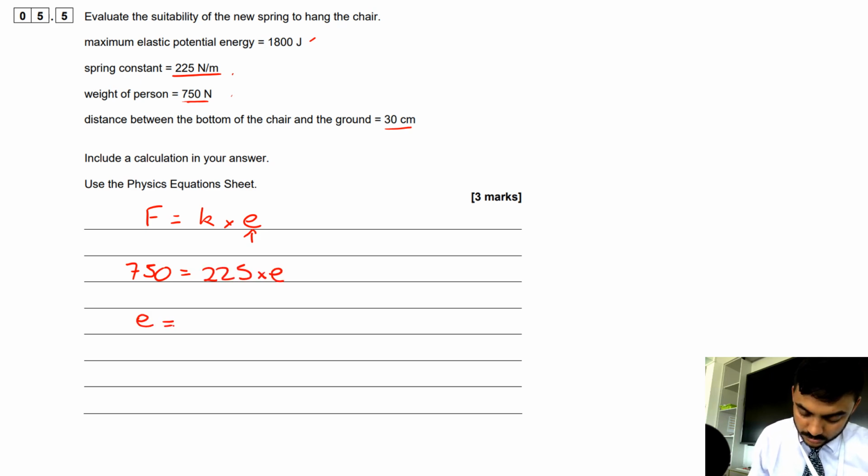Therefore, e is equal to 750 divided by 225, which is 3.3 something meters. Now, if the spring extends by 3.3 meters when a person with a weight of 750 newtons sits on it, then this spring is unsuitable for the application of hanging the chair, because what's going to happen is